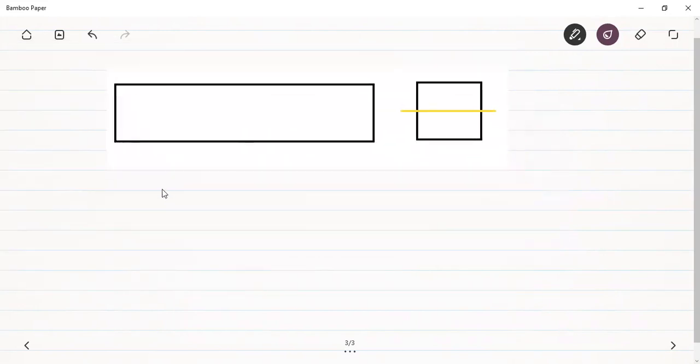Let's take an example of this beam. This is the beam which has a cross section in the form of a rectangle. Suppose this is the length and this is the width of the beam. So this is the front view of the beam, and here is the cross section of the beam. Fine, this is the cross section of the beam, and this axis is known as the neutral axis. This NA is the neutral axis.